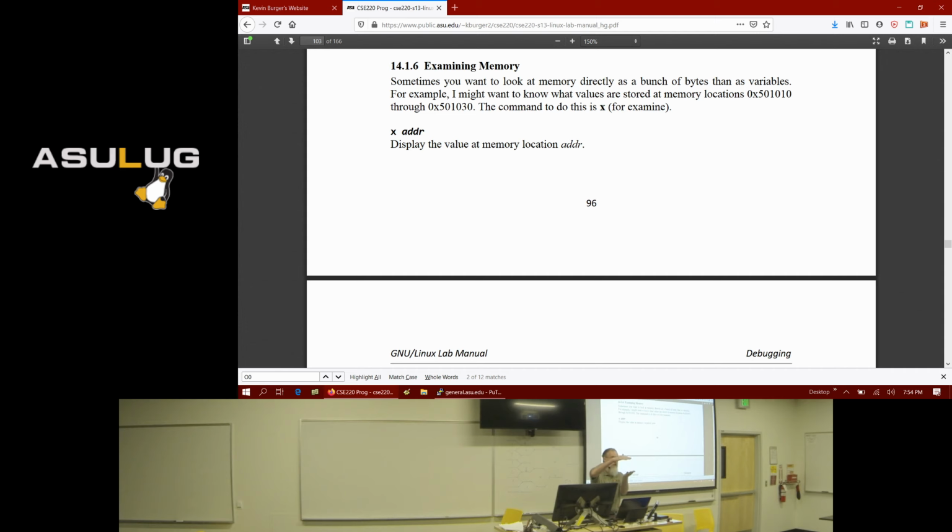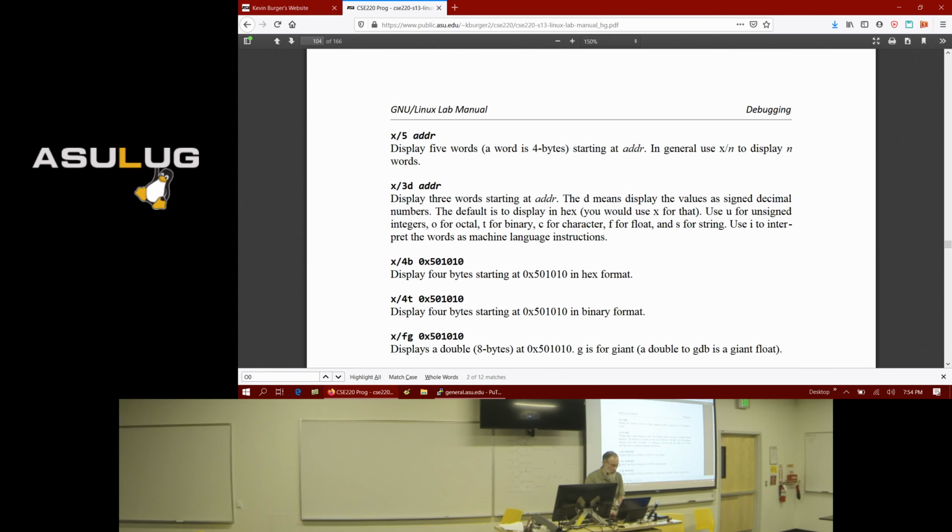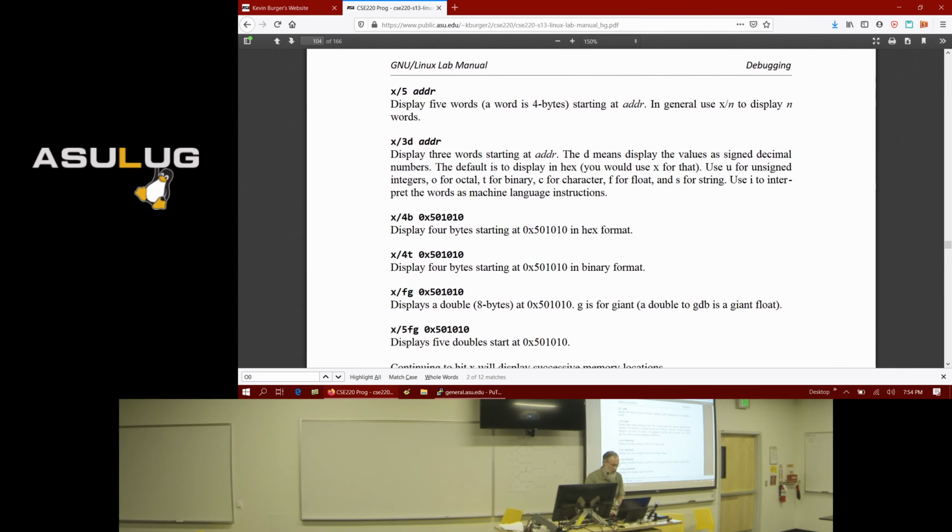If I want to display that value plus a range of values, I want to display a block of memory to see what's there, there's various ways you can do that. If I wanted to display, remember I said my array's 40 bytes? So if I do x/40b and give it the address of my array, then it will display the contents of my array.